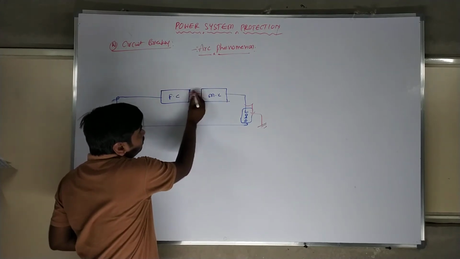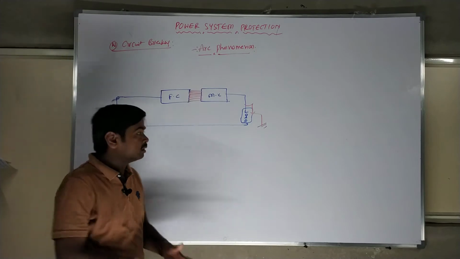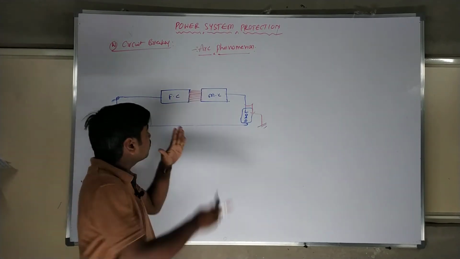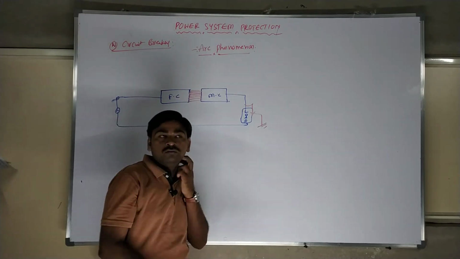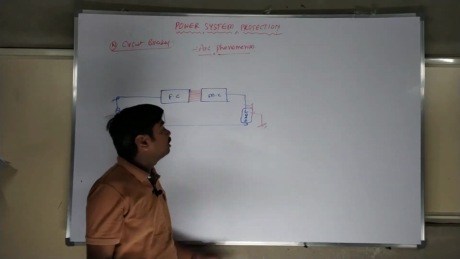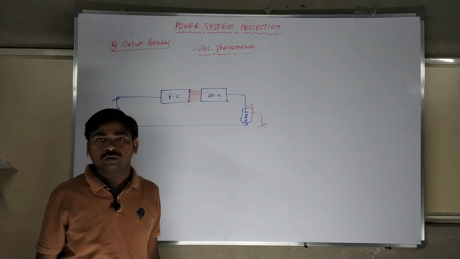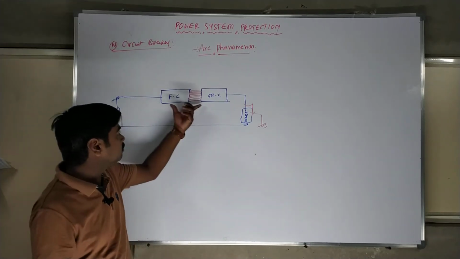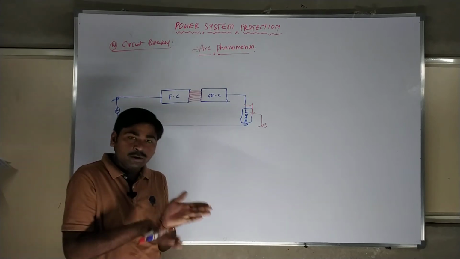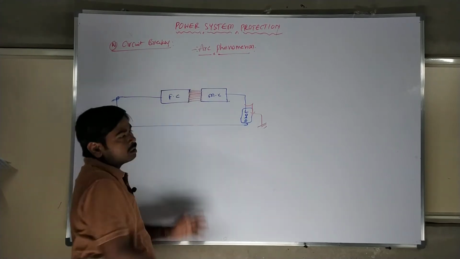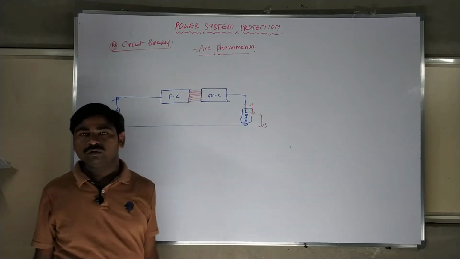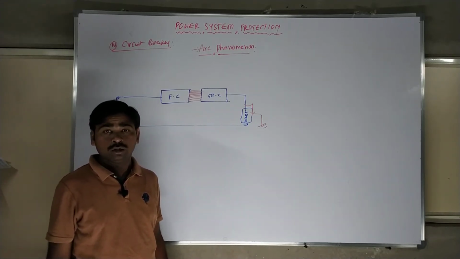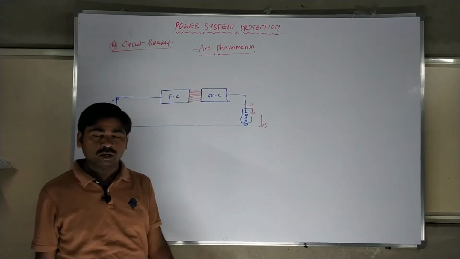Therefore, current again flows from the fixed contact to the moving contact. Even though the circuit breaker contacts are opened, current is flowing through because the arc is created between them. So this is not a safe operation. Even though the breaker is open, due to the arc some amount of current will flow, and the equipment may be damaged. It is not isolating. This phenomenon is called the arcing phenomenon.